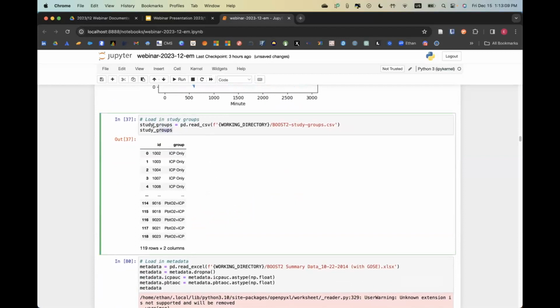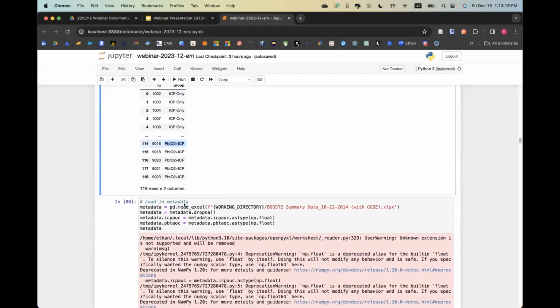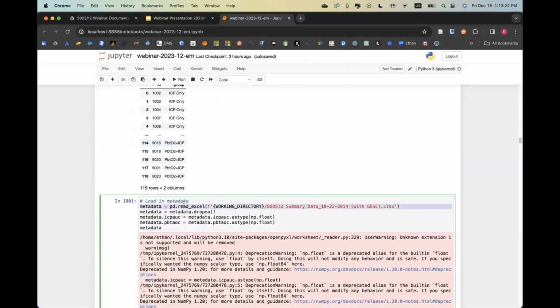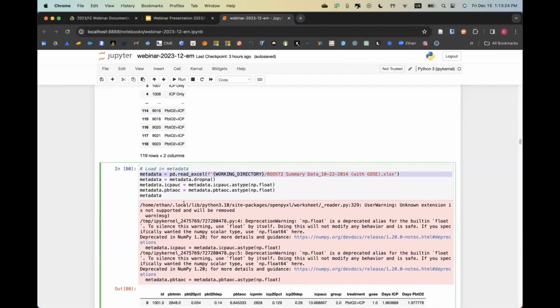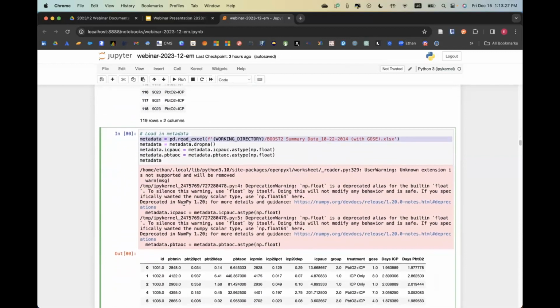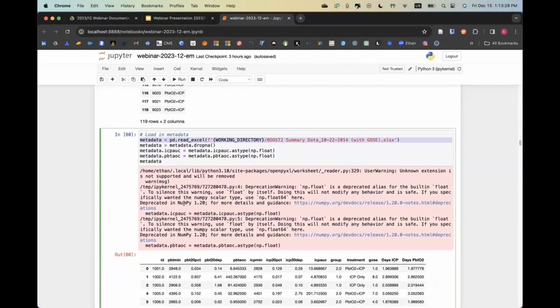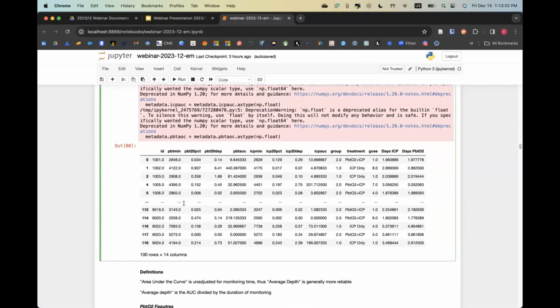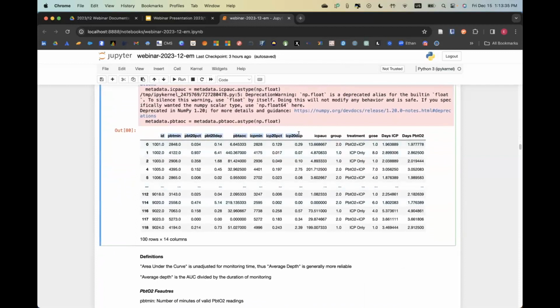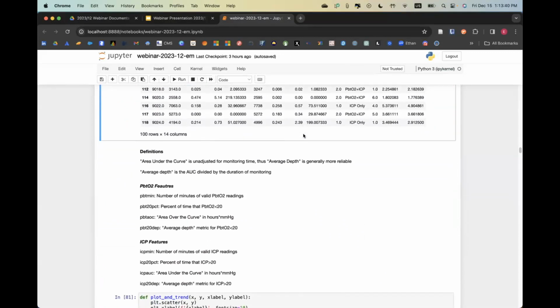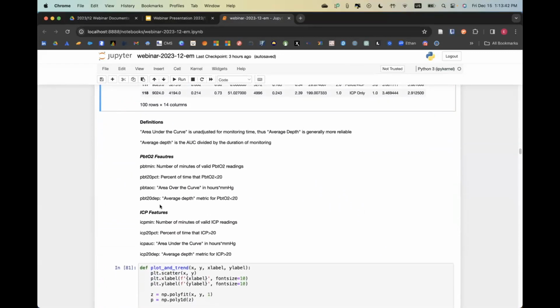This is just a mapping between what patient belongs to what group from the Boost-2 protocol, so whether they were managed with only ICP or with PBTO2 and ICP. And then Ramon Diaz-Aristia sent me an Excel file, actually, and this Excel file contains tons of metadata about the patient population that we have. And this is what it looks like. Now, the columns aren't really that discernible. Luckily, he had a section in that spreadsheet that actually contains what these represent.